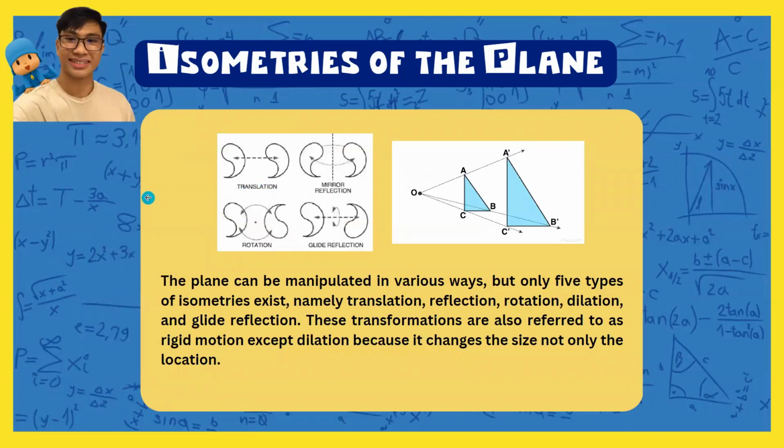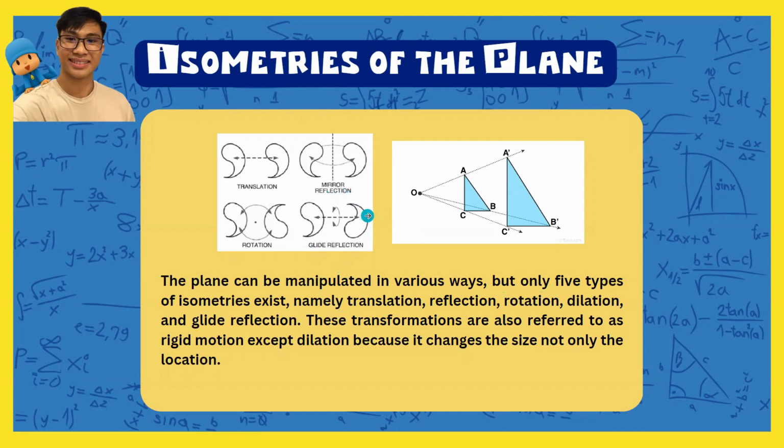So the plane can be manipulated in various ways, but only 5 types of isometries exist, namely translation, reflection, rotation, dilation, and glide reflection. These transformations are also referred to as rigid motion, except dilation, because it changes the size, not only the location. So, yung translation, reflection, at saka rotation, yung pinaka-main na ginagawa ng apat na yun is